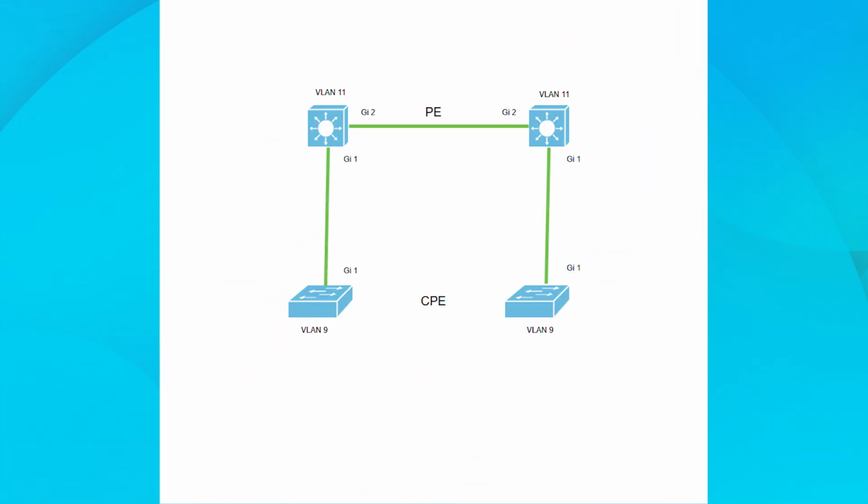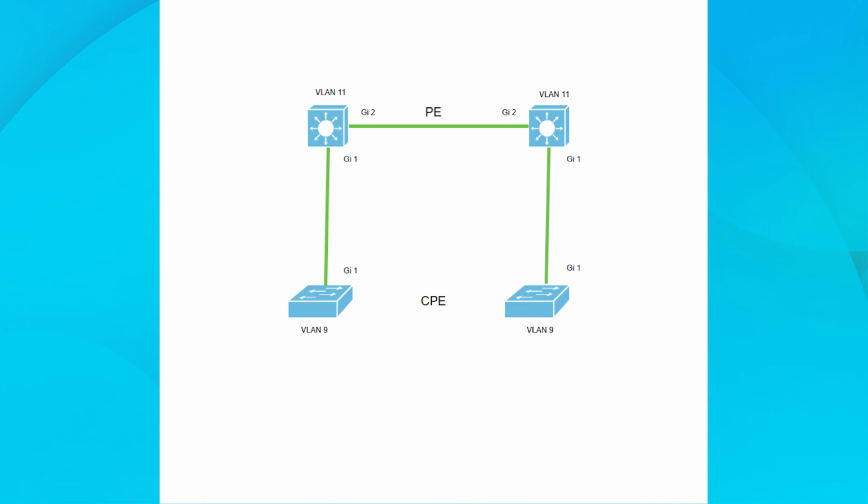I'll start with the topology I'll use for the demonstration. I'm connecting a customer network into a provider network. I have two Catalyst 1200 switches acting as the customer provider equipment, CPE network. Each of these switches has a PC connected to VLAN 9 so I can test end-to-end connectivity. In the middle of the network are Catalyst 1300 switches, which represent the provider equipment, PE network. On the Catalyst 1300 switches, I will use VLAN 11. The goal is to translate VLAN 9 from the customer side into VLAN 11 across the provider network, using one-to-one